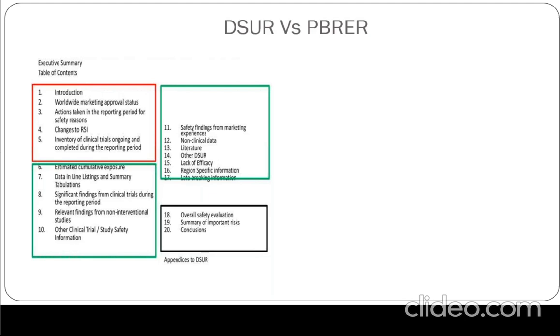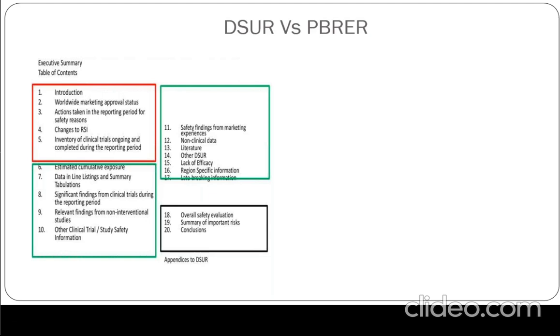This was not the case when it came to ASR. ASR was more of a summary report, and it had its own limitations. But the DSUR is more comprehensive, and gels well with the other parts and with the other reports as well.